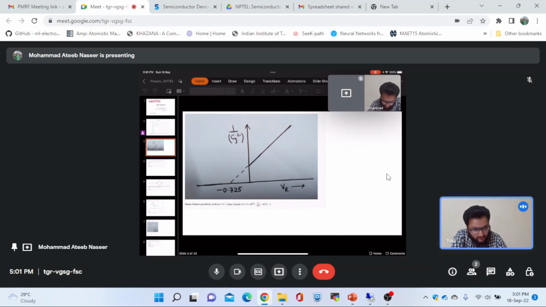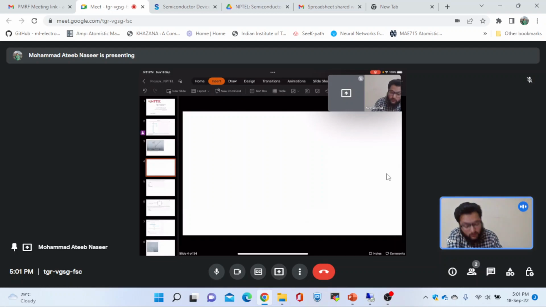The permittivity of silicon is given to be equal to 11.7, and also the slope of the graph is given to be equal to 6.15 into 10 raised to 15 farad per centimeter raised power minus 2 per volt. So let us solve this problem by simply using the depletion width relation. We know for the PN junction, the depletion width,